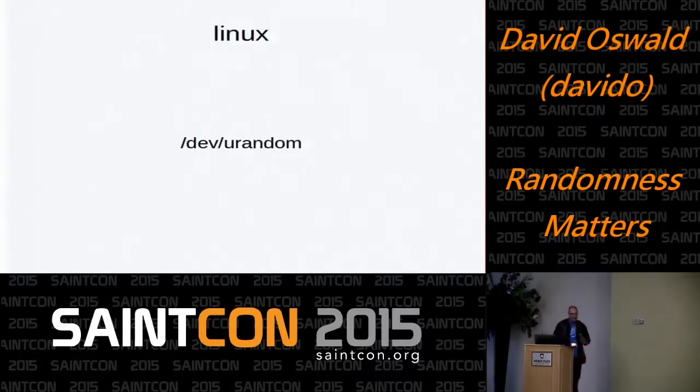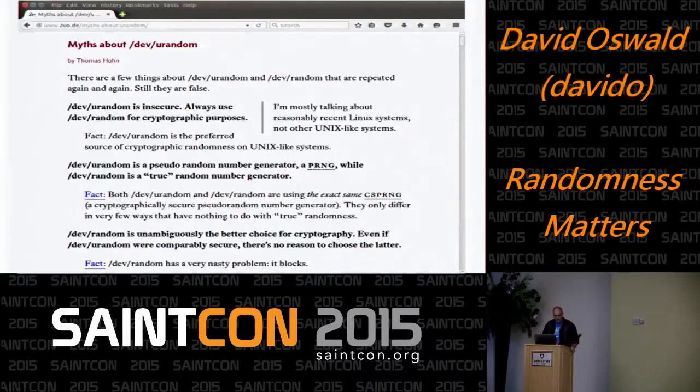In Linux, you can use /dev/urandom. And everybody's going to say, what? What about /dev/random? That's what we should be using, right? No, /dev/random blocks. /dev/urandom seeds off of /dev/random, essentially, and then allows additional entropy to come from /dev/random as it becomes available. And it's a myth that you shouldn't be using /dev/urandom. You probably should be. That's a cryptographically secure random number generator in any version of Linux over the past 8 or 10 years.